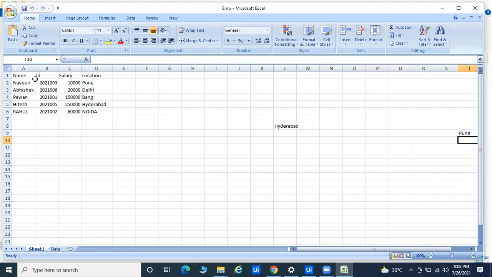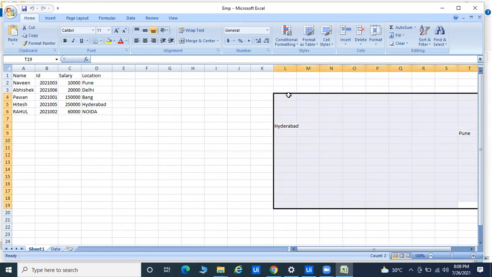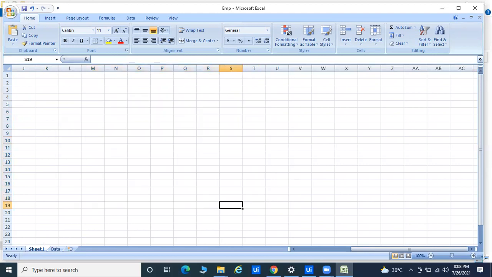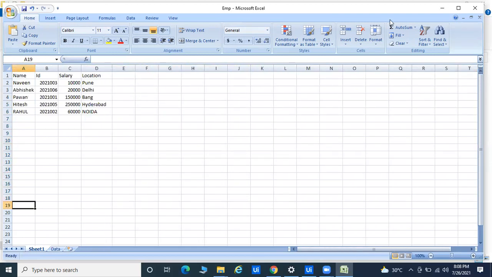Okay, so we are going to take the data from this Excel sheet and automate this part. Here you can see we have some columns and rows: name, ID, salary, location. So you can see we have 4 columns and 4 to 5 rows. Okay, so my plan right now is to automate this Excel. First we'll display the data available in the Excel sheet, and after that we'll create another Excel sheet and paste the data there. Okay, the same thing we are going to do.